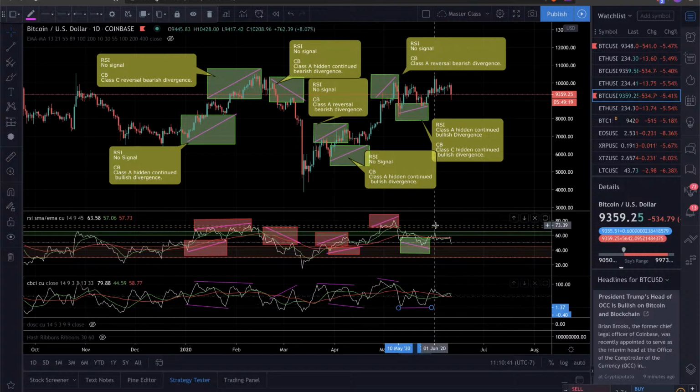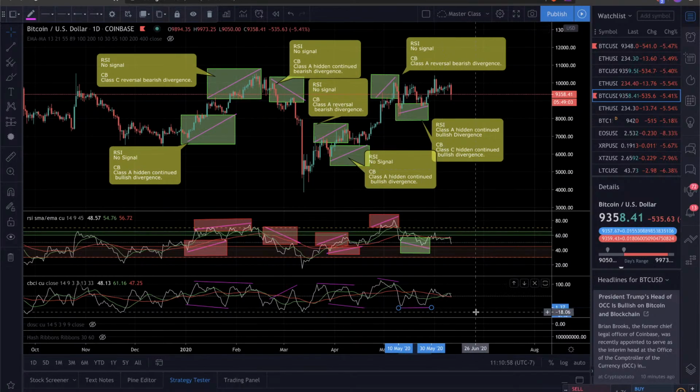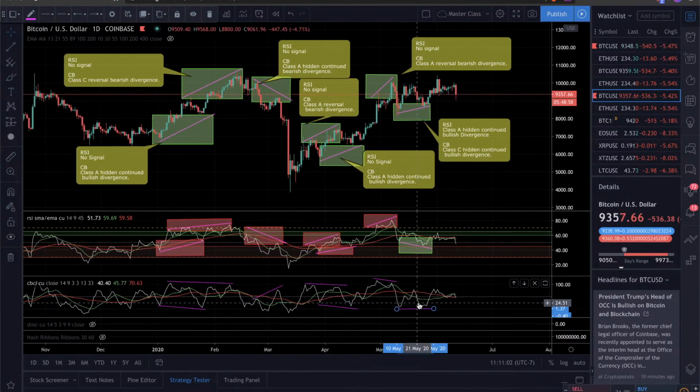We double bottomed here on the CB index. However, we had a stronger hidden bullish divergence on the RSI compared to the price action. So this one, all three played out, got a nice little move up here to the upside as well. So pretty awesome stuff in regards to using the CBCI